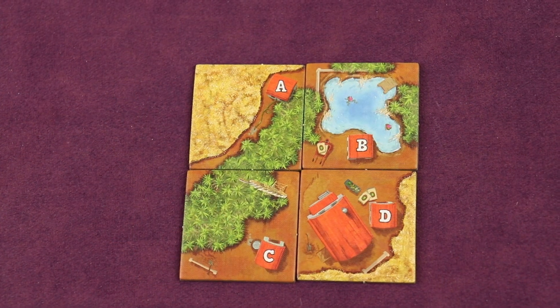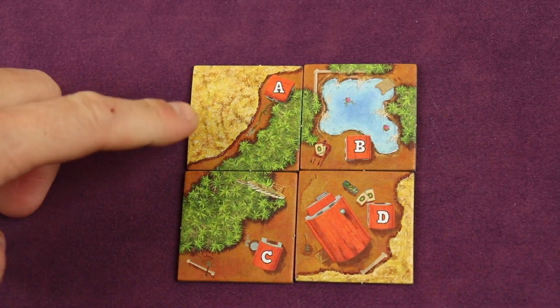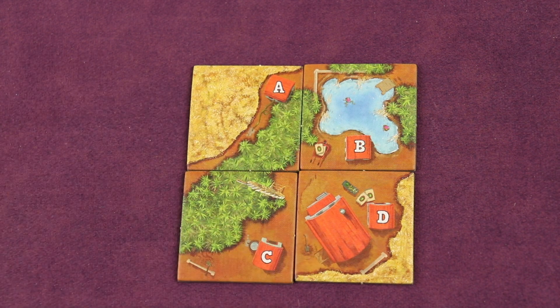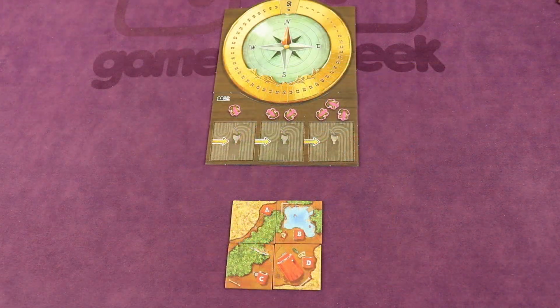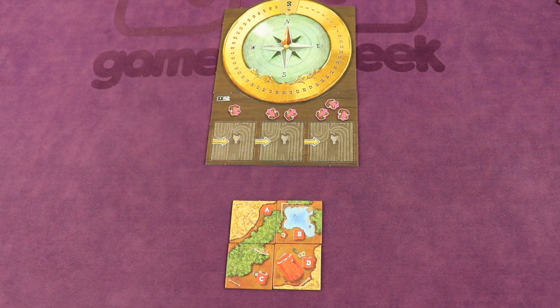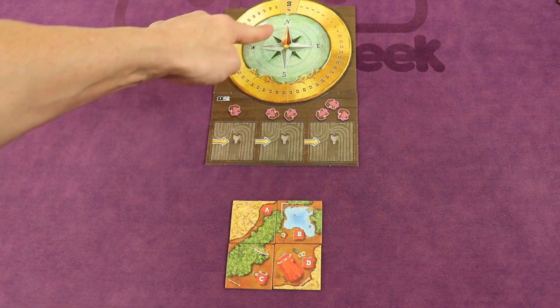Next, each player will take their 4 tiles and they'll place them face up like this, and then they have to go A, B, C, D, just in this orientation, going left to right and top to bottom. Now you must make sure that your tiles are facing one of the 4 cardinal directions shown here. So if we were sitting on this side of the board, they would be straight edged with this and perpendicular